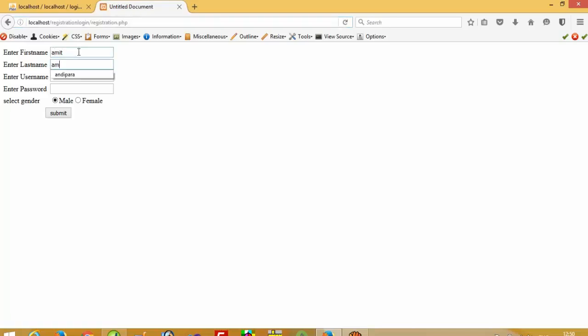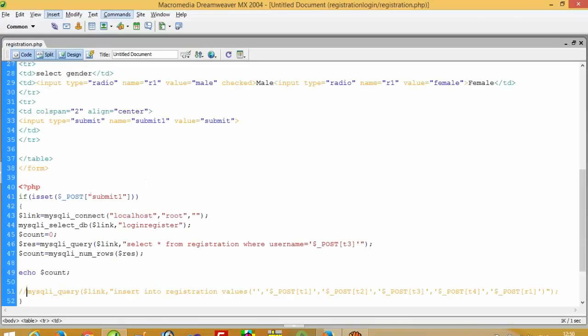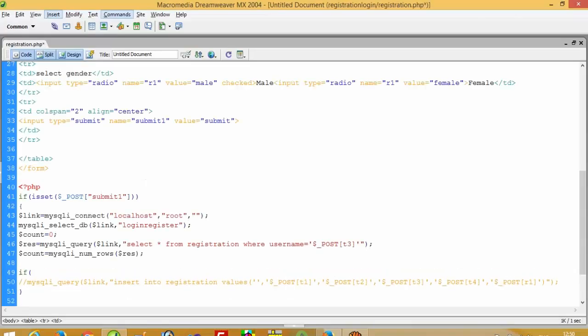again Amit, whatever, we have to check only this. I am going to pass here Amit and check. You can see we found one record in the table. If I enter a username that is not available in the table, we get 0 here. So now we have to put one condition: if $count is greater than 0,